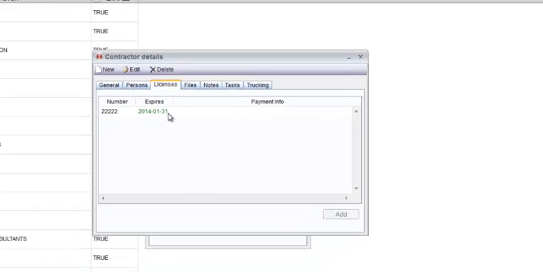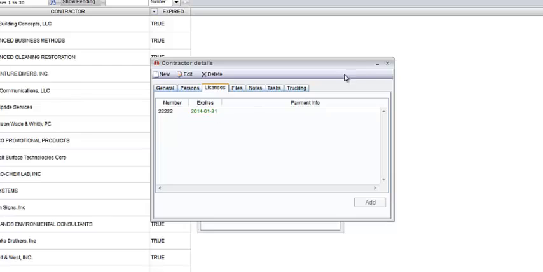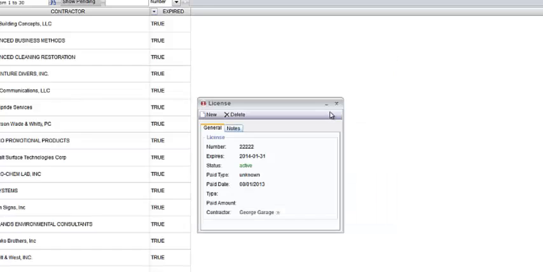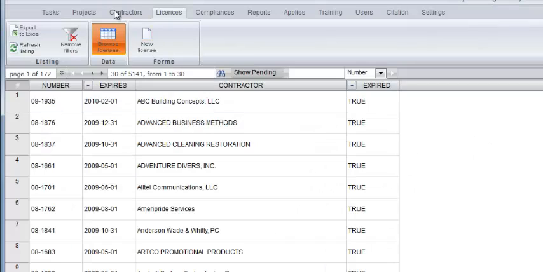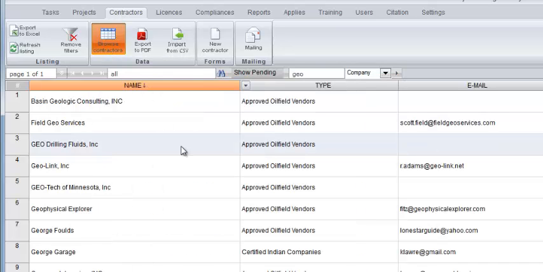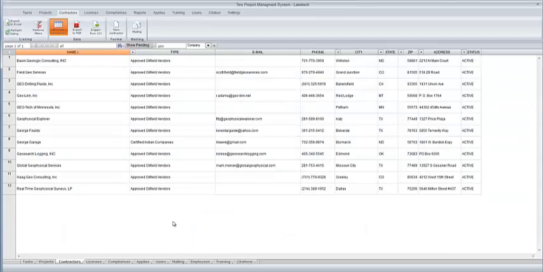Now, why is that important? Because that's the only way that George Garage can actually show up on the approved vendor list in order to do business in your respective location. So now that we've searched for George Garage, which is a mocked up company name, just for demonstration purposes, we want to show you exactly how the licensing works